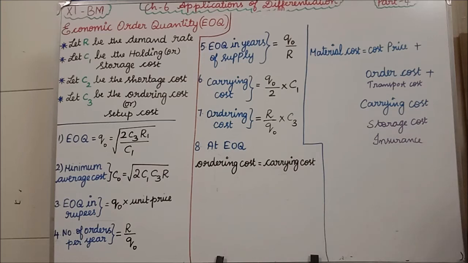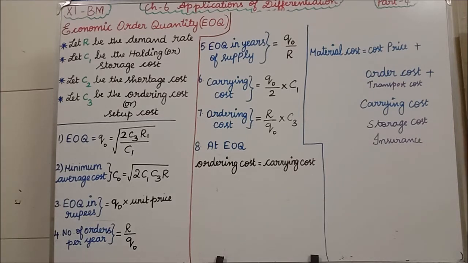Clear? So in this session, we are going to learn deeply about what is ordering cost, what is carrying cost, what is shortage cost, what is storage cost, and what is demand. Everything we are going to learn in this session. To put it in short form, how to order one quantity economically we are going to learn. Clear students? The economic order quantity in short form we can say as EOQ.